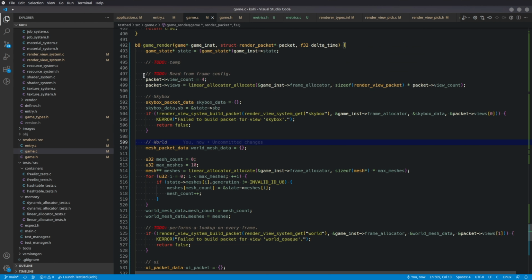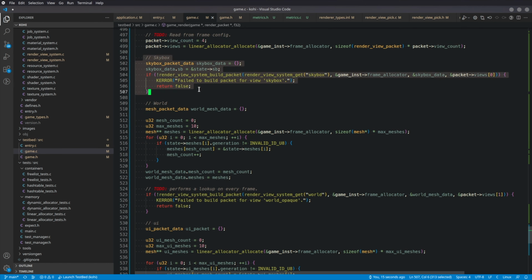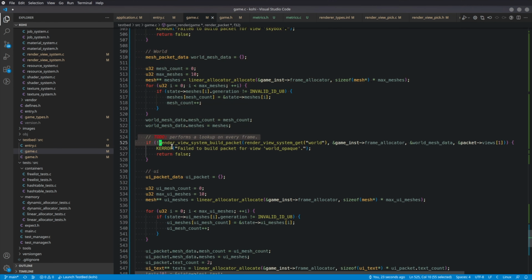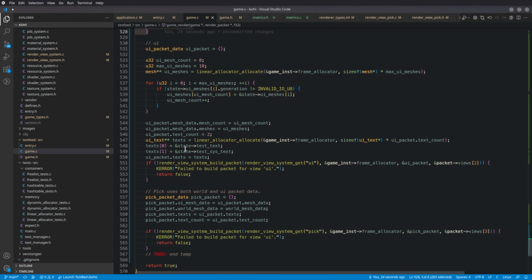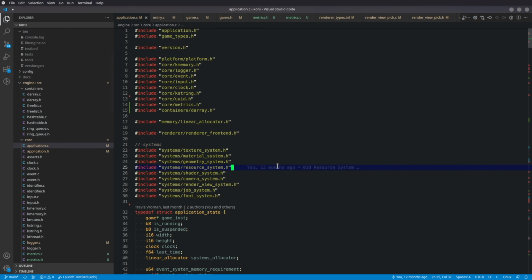And so what we're doing is we are going through our views. We are creating an array using our linear allocator for those views. We are handling our Skybox, handling our world meshes, building our packets. So there's the world, there's the UI, there's the pick. And then once we've done all that, we'll go ahead and return true. And the application at that point